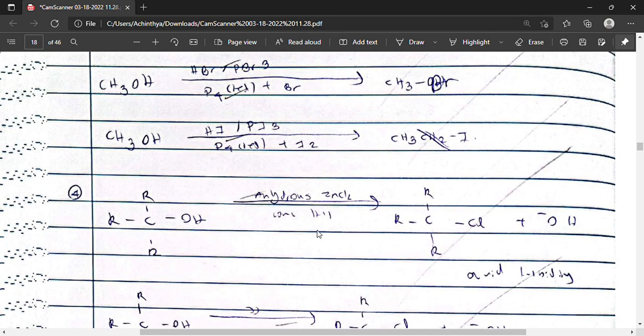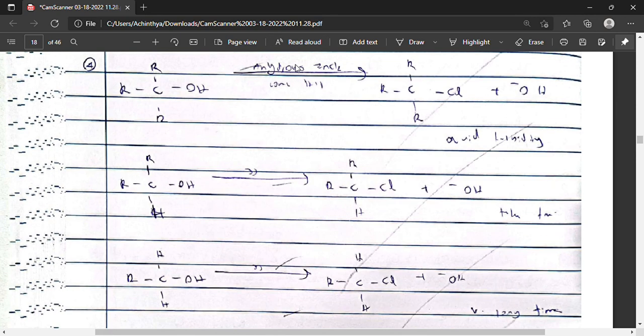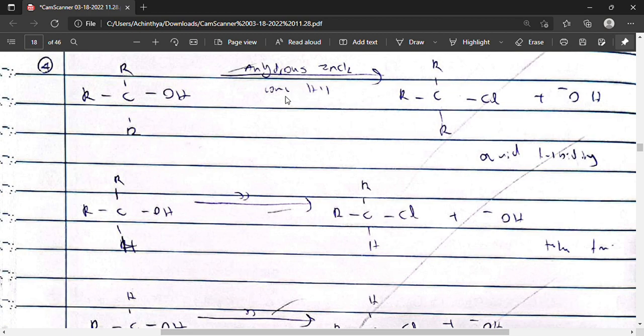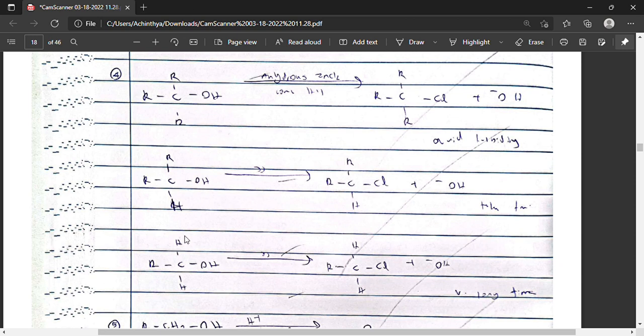Another reaction we can do to alcohols is by adding Lucas reagent into it. Basically, this is the Lucas test, in which we add Lucas reagent, anhydrous zinc chloride and concentrated hydrochloric acid. This is a way of differentiating between primary, secondary, and tertiary alcohols. Actually, with primary, secondary, and tertiary alcohols, they all form the respective alkyl chloride at the end of the day, and produce a white color turbidity,